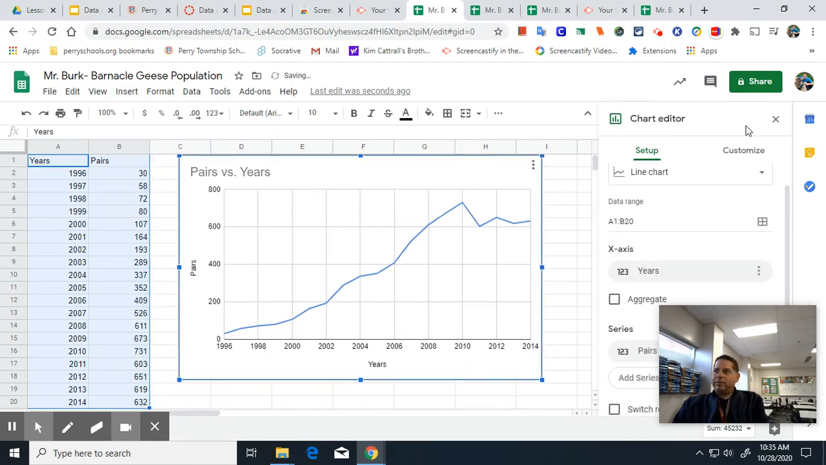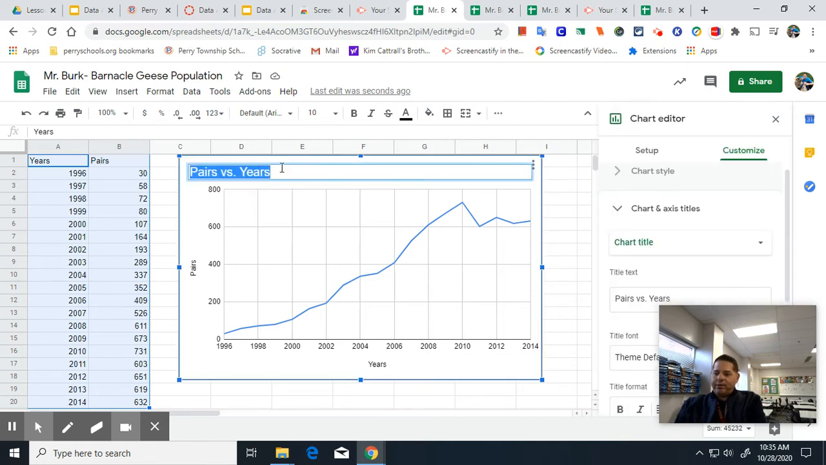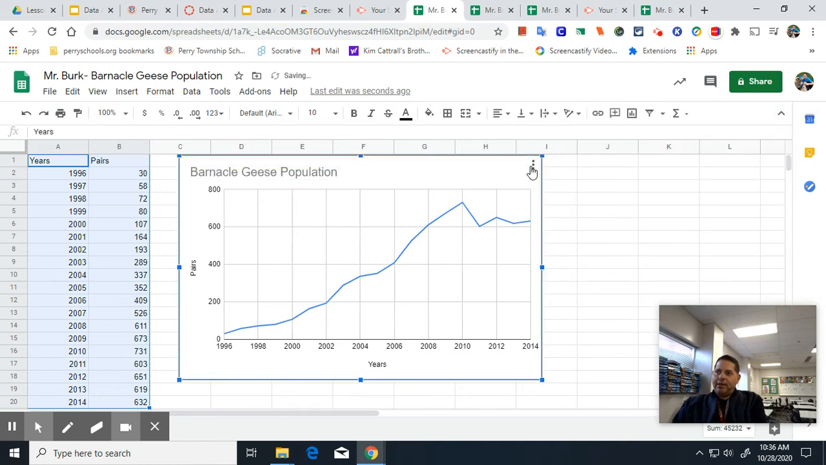Here's my chart. Now, a couple things I'm going to have to change about the chart. I want to make sure that I present the title accurately. So the title was about Barnacle geese population. All right. When I'm done, I can click out of the editor, go back up here, make a copy